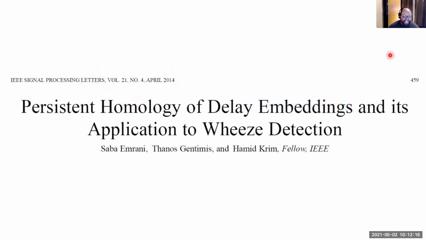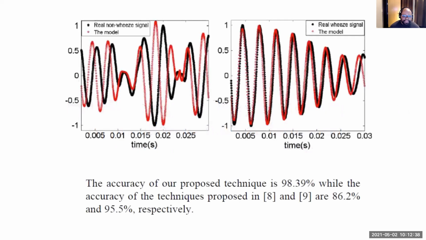Here's another application. This is by Hamid Karim's group, also at NC State. The application they showed was to the detection of wheezing. Wheezing is a noise that people make when they are breathing if they have pulmonary problems. So essentially what you get is time series that look like this. And what they showed is that using sound signals of people wheezing, passed through sliding window embeddings in persistent homology,